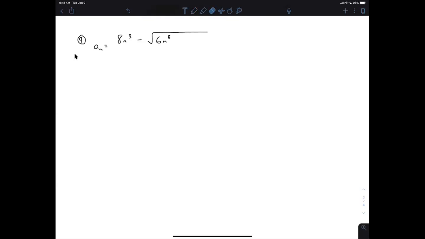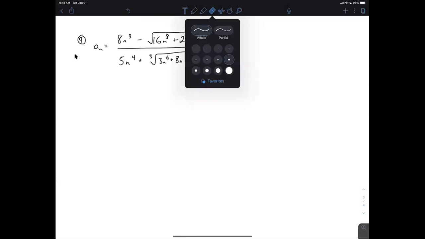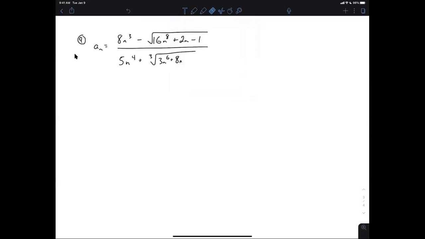Let's make it 16n to the 8th plus 2n minus 1 over. Let's make it. So if we look at this one,